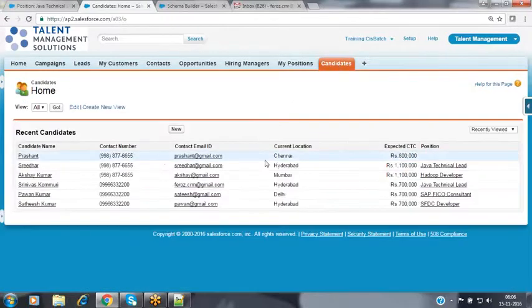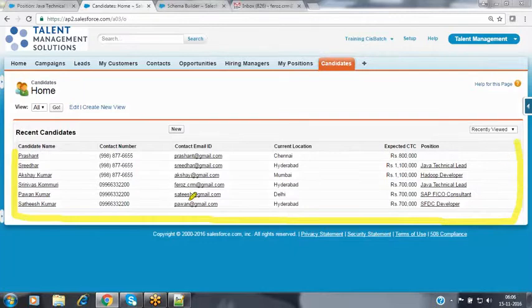When you go to the candidates, we have many candidate records available. Most of the candidates have applied for a position, that is, each and every candidate has a position for which he has applied. But Prashant has not applied for any position here. He has just created his candidature. He hasn't applied for any position as of now. This position field is empty right now. So I have some records inside my child object where a few child records are associated with a parent and a few are not associated with any parent.